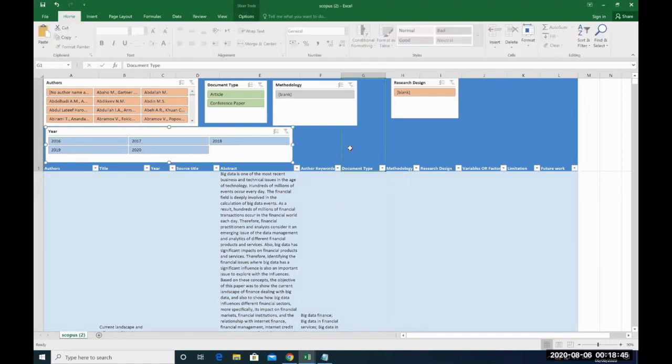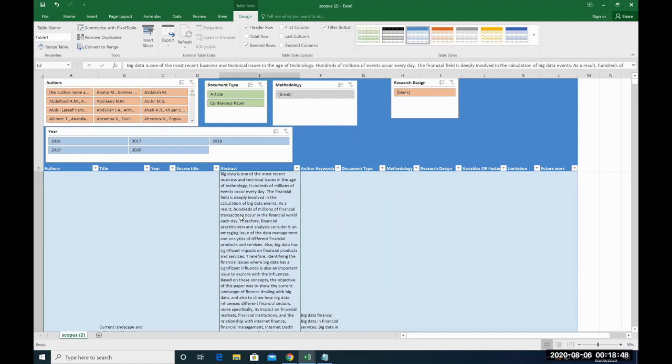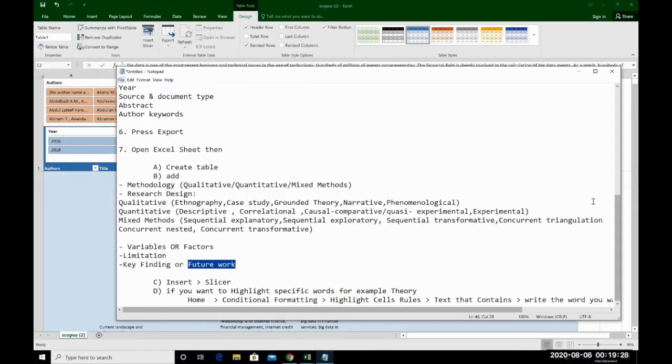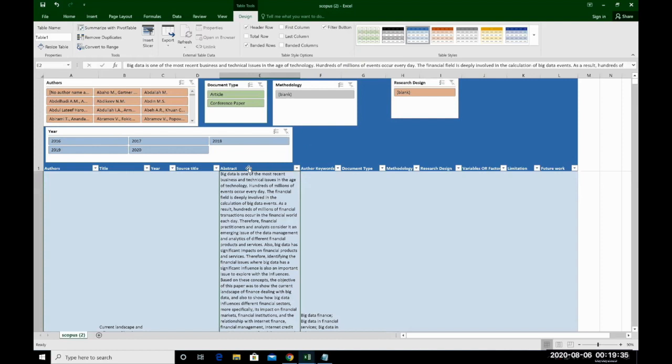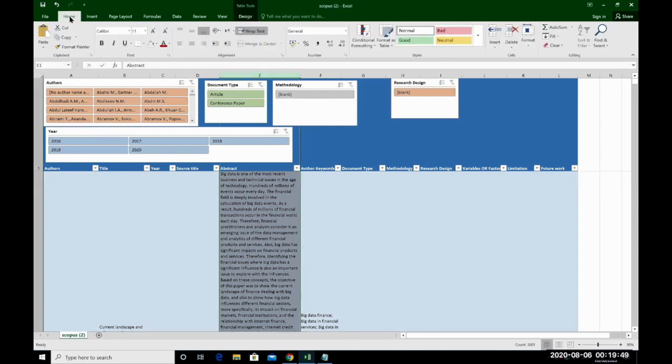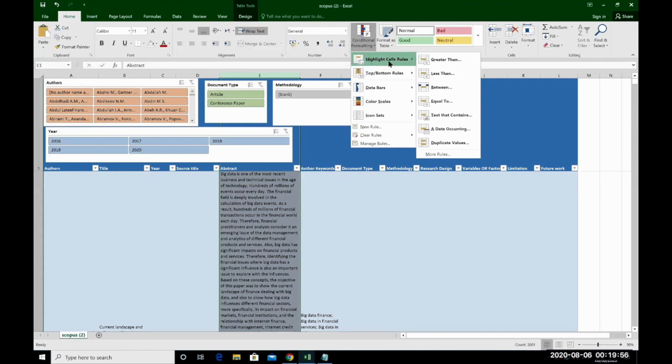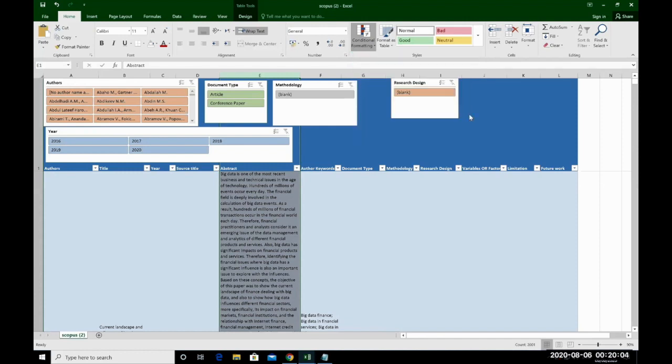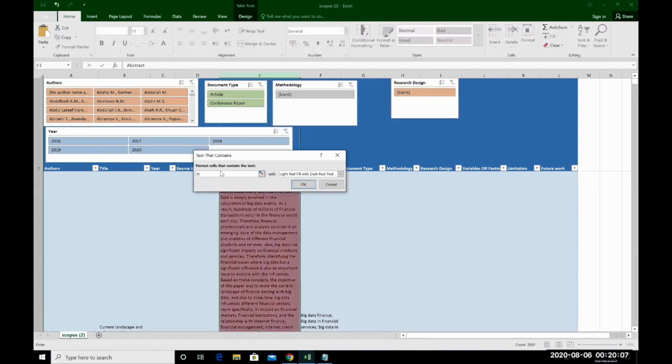Now you are ready for reading the abstract. If you want to search about keywords or about specific words, if you want to highlight the specific words, for example, you're looking for the theories, which theories are in your topic, you can highlight this column, and then from Home you can go to conditional formatting, then highlight cell rules, then text that contains, type theory,